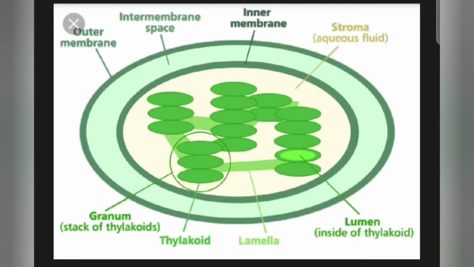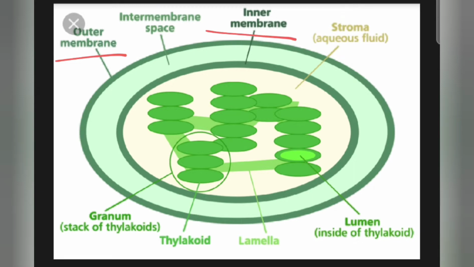So students, this is the ultrastructure of chloroplast, as you can see in the diagram, and each chloroplast is enclosed or covered by a double membrane covering. Means two unit membranes cover the chloroplast. They are known as the outer membrane and the inner membrane. Each membrane is trilaminar. That means it has three layers in each membrane, and it is made up of lipoprotein, that means lipid and protein.